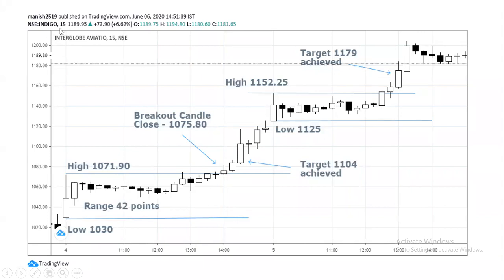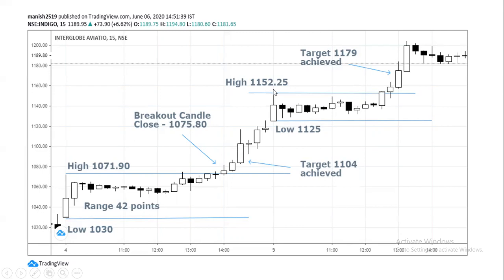I have a price graph of Indigo, 15 minutes time frame. First candle, you can notice this is master candle, range 42 points. Look at the consolidation, healthy consolidation. Guys, even for stocks, healthy consolidation is must. Up to 2 p.m., Indigo is just moving inside master candle. These all are baby candles. After 2 p.m., we got breakout. After that, we got target in two candles.